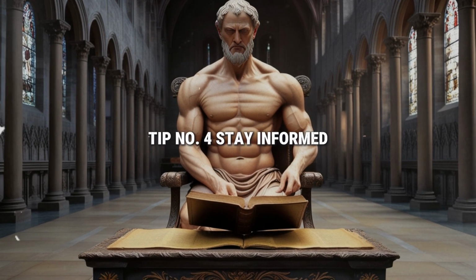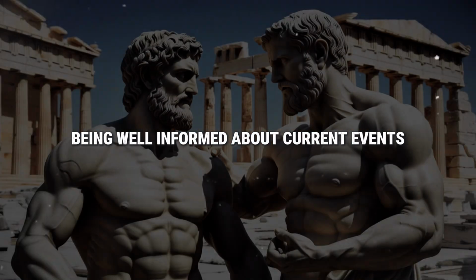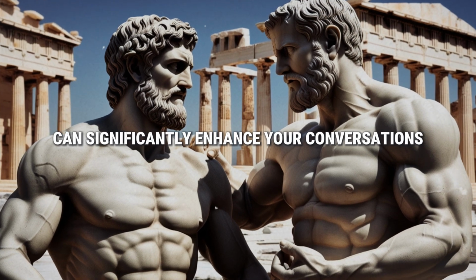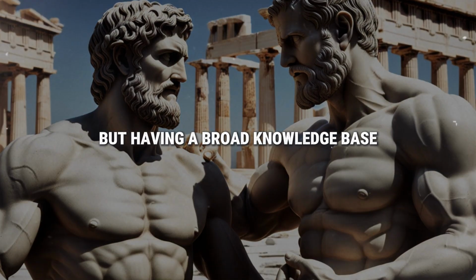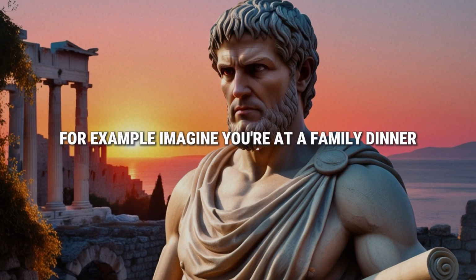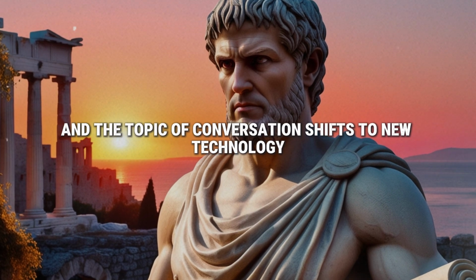Tip number 4. Stay informed. Being well informed about current events and a variety of topics can significantly enhance your conversations. This doesn't mean you have to be an expert on everything, but having a broad knowledge base allows you to contribute meaningfully to discussions. For example, imagine you're at a family dinner and the topic of conversation shifts to new